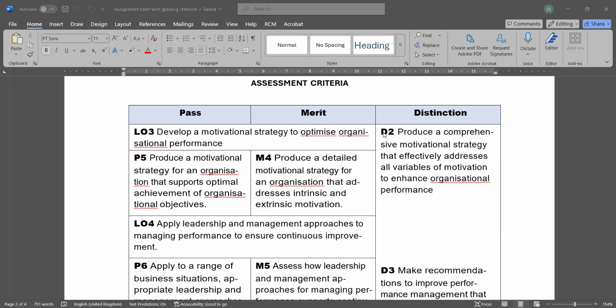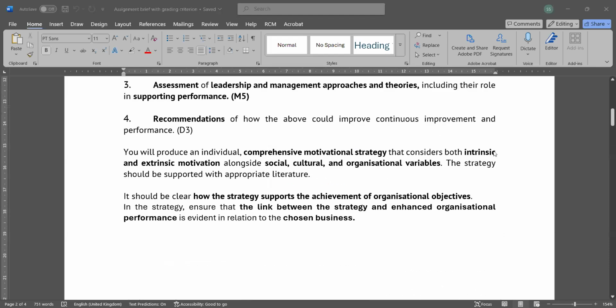If you want to achieve the distinction, you need to consider other factors apart from intrinsic and extrinsic motivation factors. Then you will be addressing all variables of motivation to enhance organizational performance. What is meant by all variables? Here they talked about social, cultural, and organizational variables.